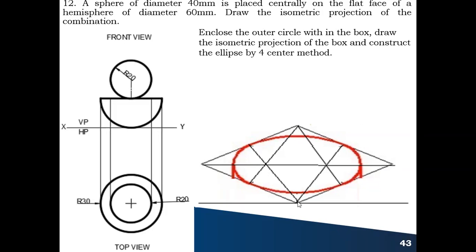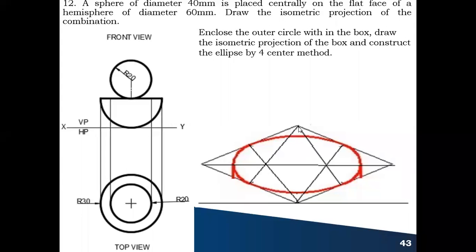Similarly, from this corner, you draw a line exactly at the midpoint of this side. From this point, you draw a line exactly at the midpoint of this side. Okay. So after this, you'll get 4 points: 1, 2, 3, 4. This is the center. Either this or this as the radius.